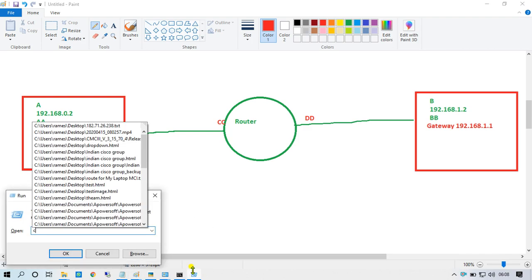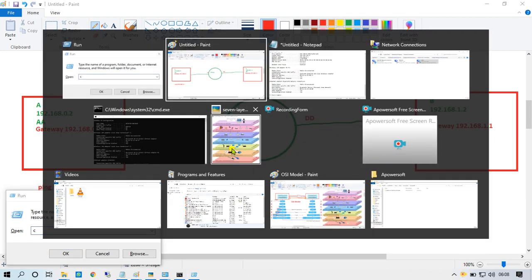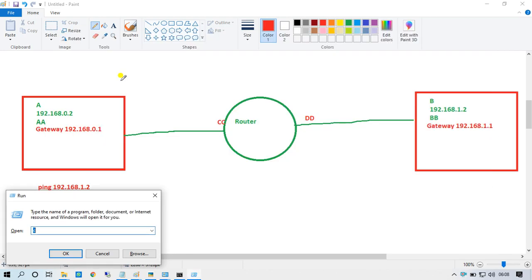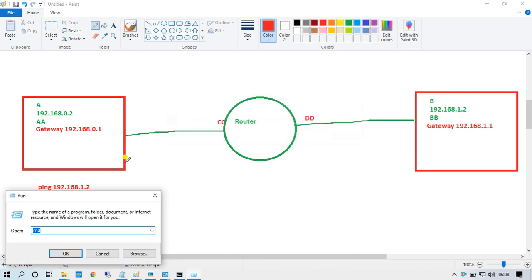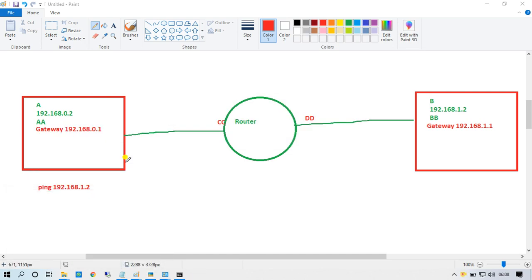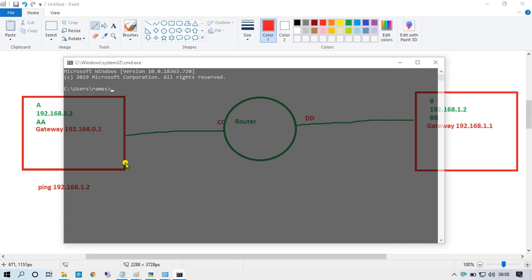Sorry, I am going to CMD, and I want to ping an address that is not in my network, 192.168.100.2.